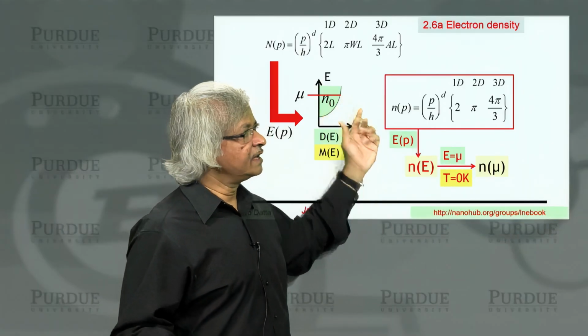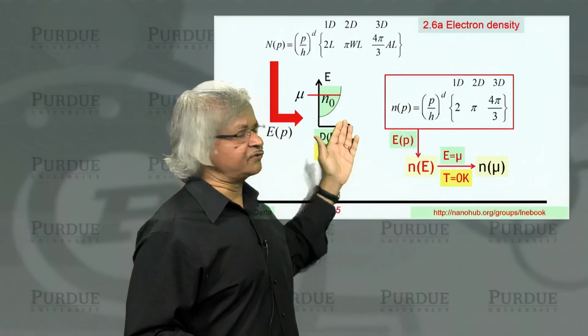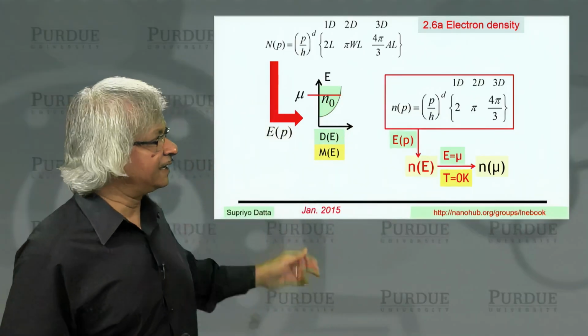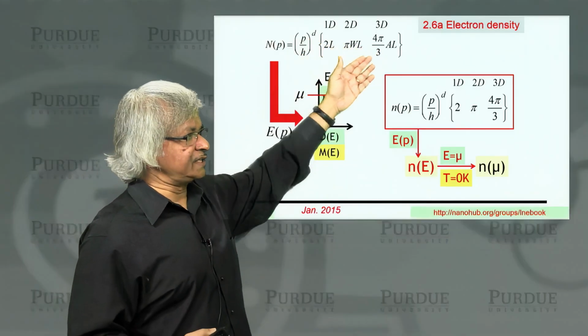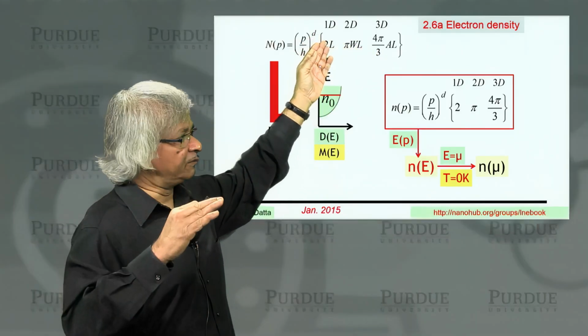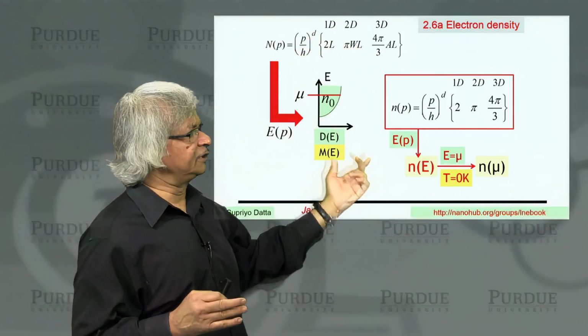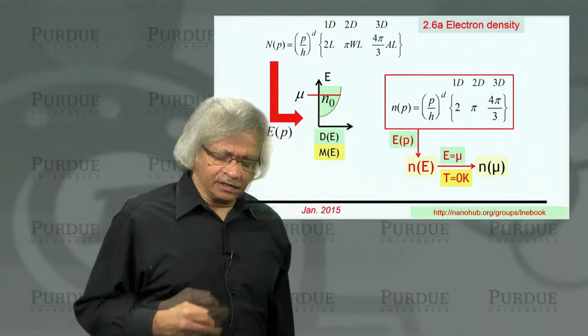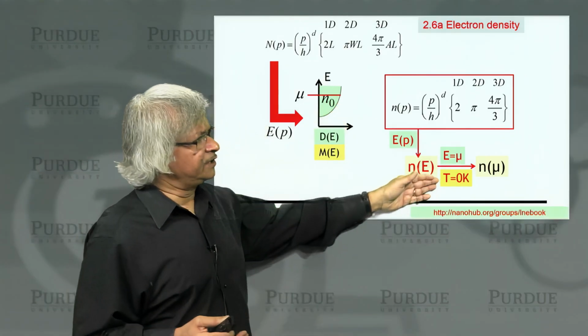Now, this is fairly straightforward if you think about it at 0 temperature. In that case, the function we have been discussing, this comes back from lecture 3, that itself will give you the electron density. Now, what we want to talk about is, how do we do this when T is not